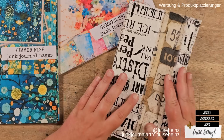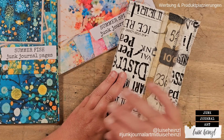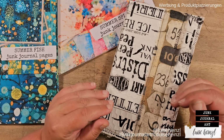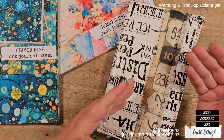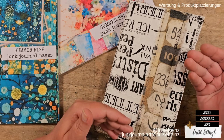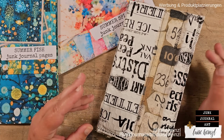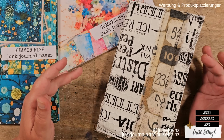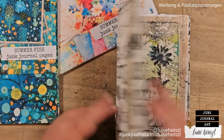That means we are going to create a double spread today in this journal. And for each step, I'm making an example. I am imagining that I don't have this or that, even if I have it, yeah, but as an example. And I will find alternatives so that you can see that you can create something really cool, even if you don't have the same things. Yeah, so the first thing that I want to do is